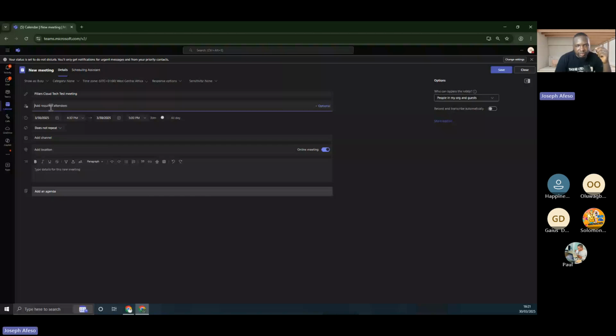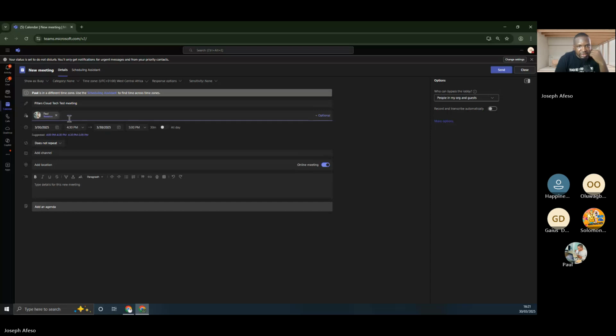So internal users are people within your organization, while external users are people who are outside of your organization. So having set the people, let's say for example, I'm bringing in this user, right? Once I'm bringing in Paul into this meeting, I'll have the option to add more people. If I have somebody outside the organization, I must type in the full email address, like admin at pillarsconcepts.onmicrosoft.com, pillarsconcept.com.ng. I'll just have to select the person. I can also invite a Gmail account.